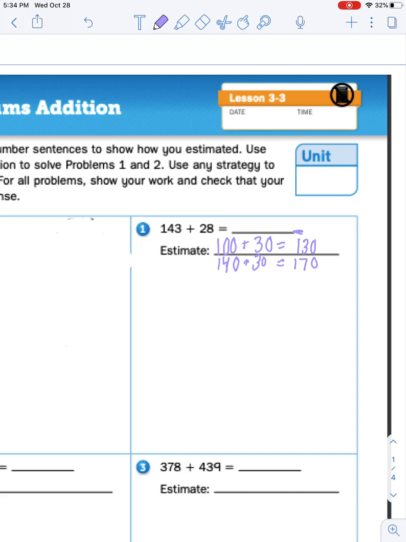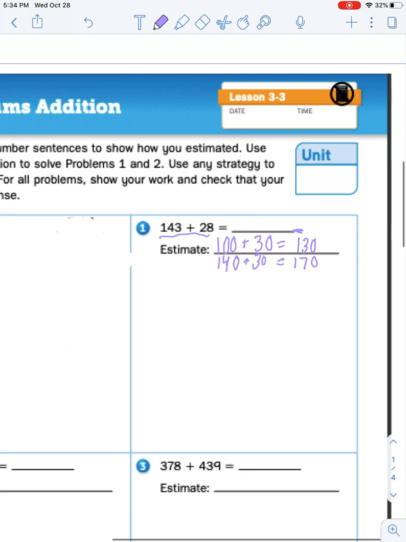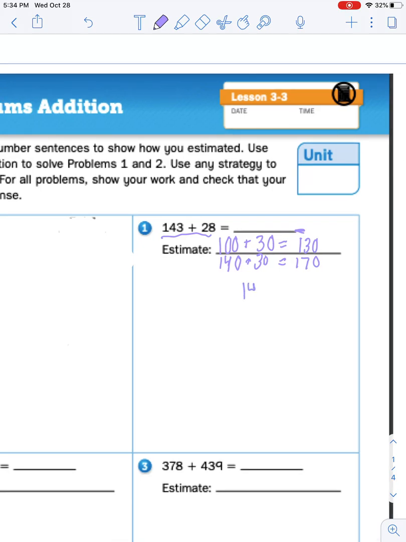And I'm going to teach you how to do partial sums addition. Okay? So basically what we're going to do is we're going to break apart each place value. So place value is like your ones, your tens, your hundreds. So I want you to write it up and down instead of side to side like this. So write it up and down like this. Make sure you line up